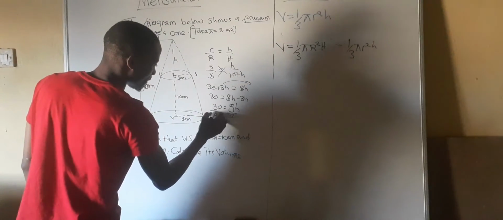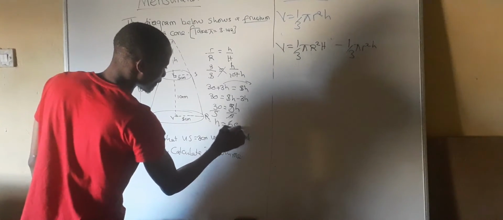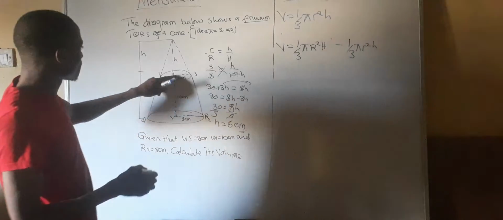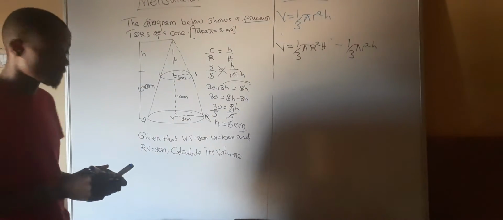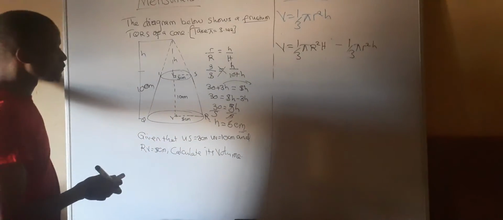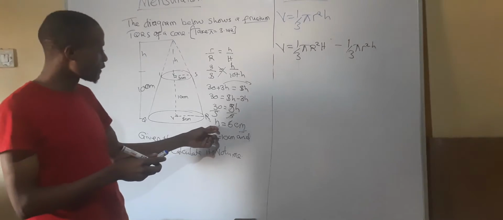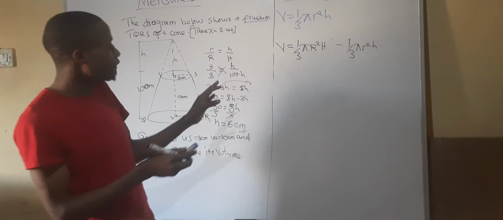Divide by 5, divide by 5. This gives you h is equal to 6 centimeters. So the distance from here to here is 6 centimeters. So the distance from there to there is 6 centimeters. Okay, so when you find the value of h, that's when we can now find